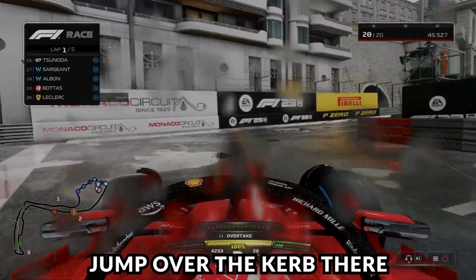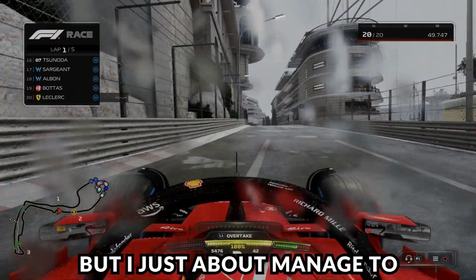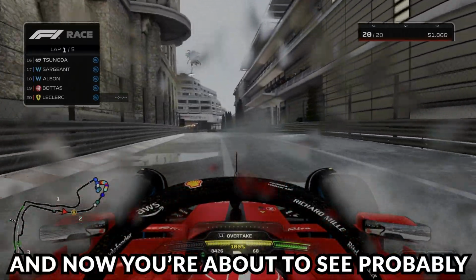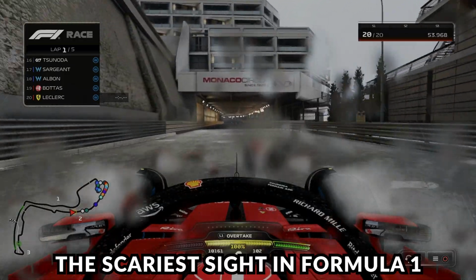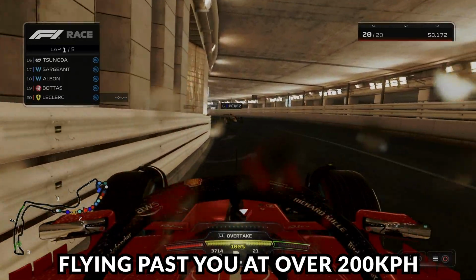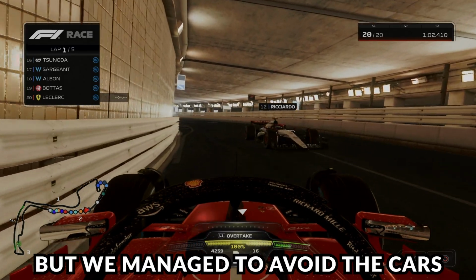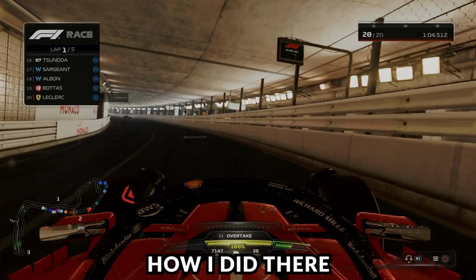Jump over the curb there, honestly not a clue what I was doing. Almost lose the car in second and third gear, but I just about managed to keep it out of the barrier. And now you're about to see probably the scariest sight in Formula 1: Kevin Magnussen leading a race, flying past you at over 200 kilometers an hour whilst you're driving backwards in Monaco. But we managed to avoid the cars and I'm actually pretty happy with how I did there until, well, I